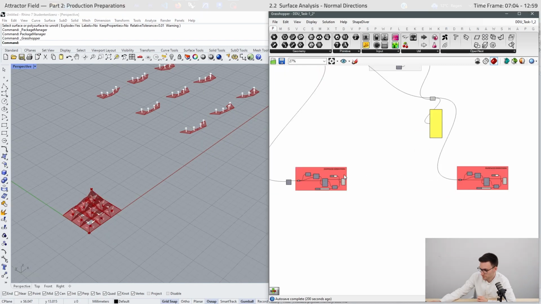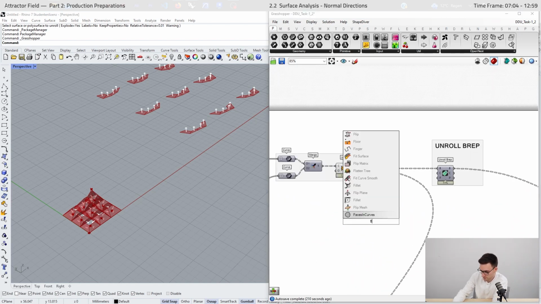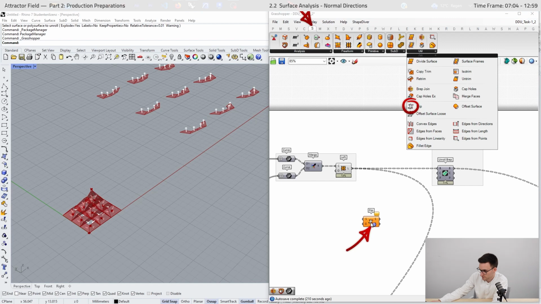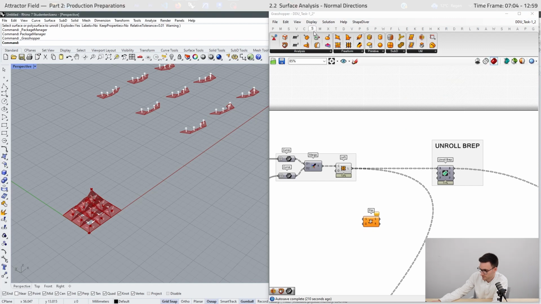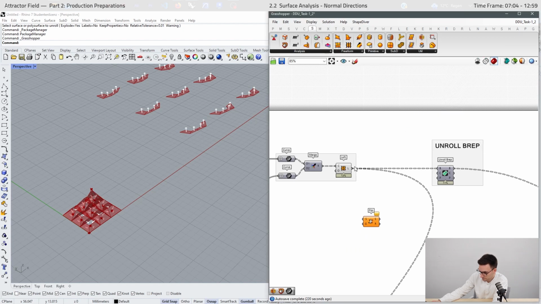So if you want to flip the faces, you can do this before unrolling with Flip. You can find it on the Surface tab right here.